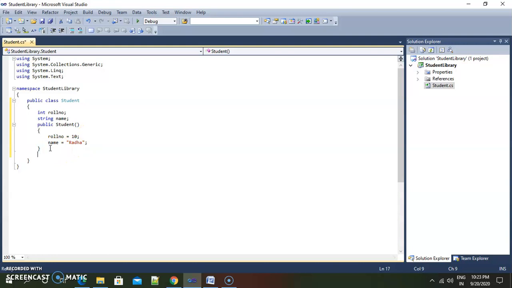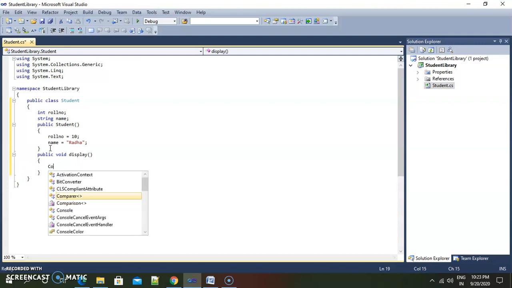For displaying data member values, I am creating one normal function display which displays the values of my student data members on the console.